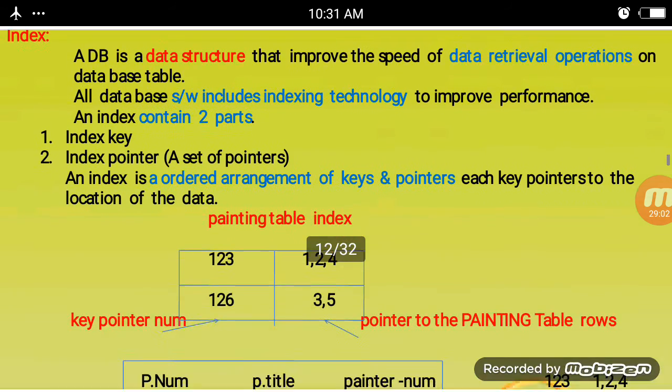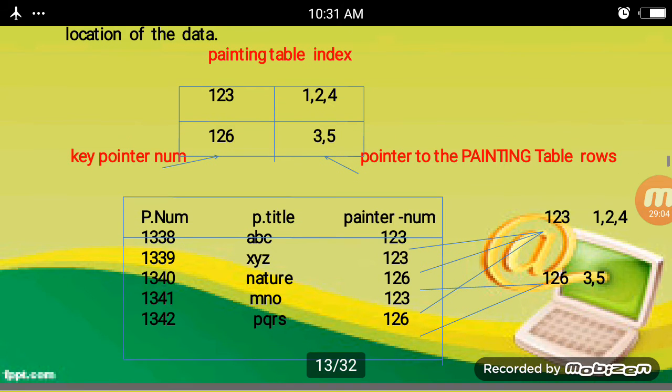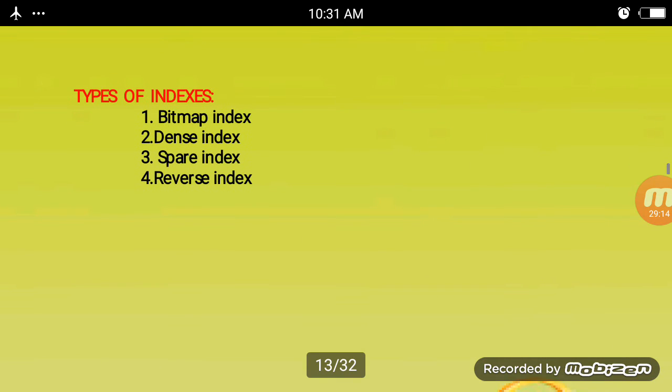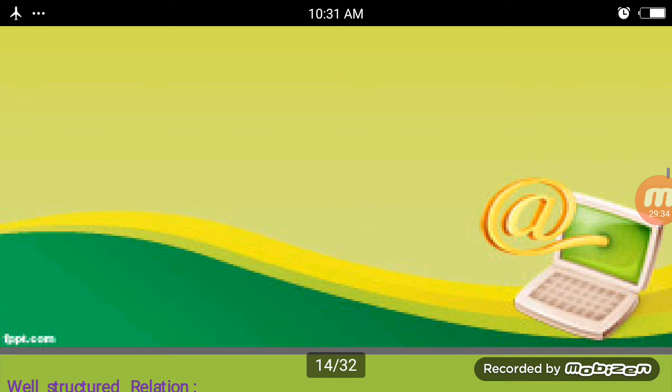This is about an index table, and what an index and key pointer numbers are related to the painting table index and painting table rows. There are types of indexes. I am taking here four types: bitmap index, dense index, sparse index, and reverse index. This is about the topic of indexes.